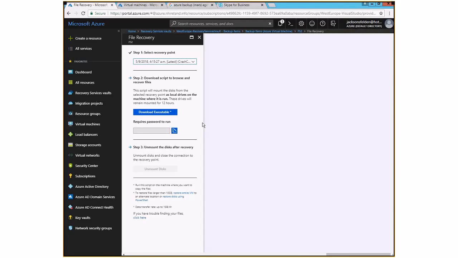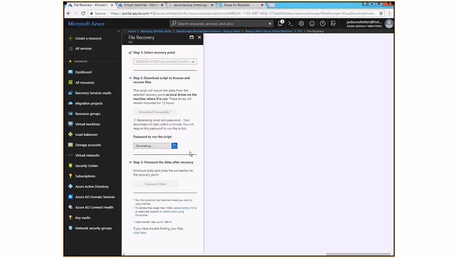Very interesting. The way it works is basically when you click on this download, Microsoft is now prepping an exe file that will mount that VHD from Azure on your local system.